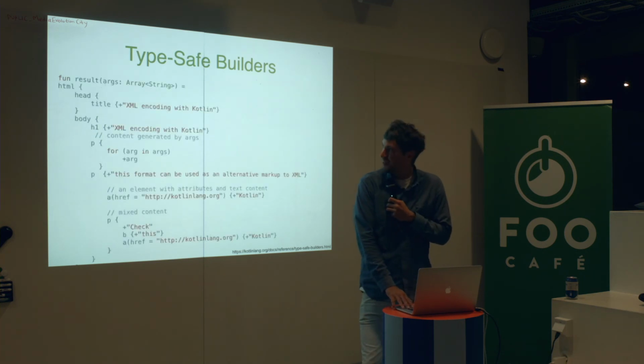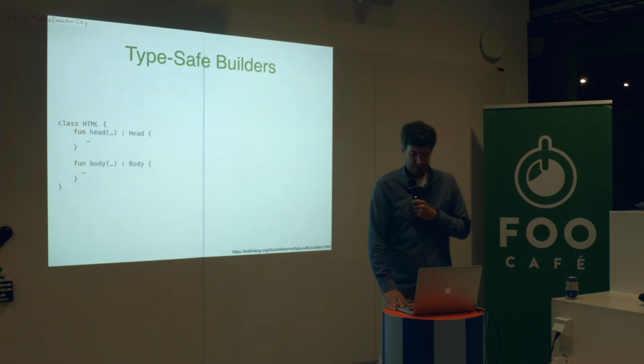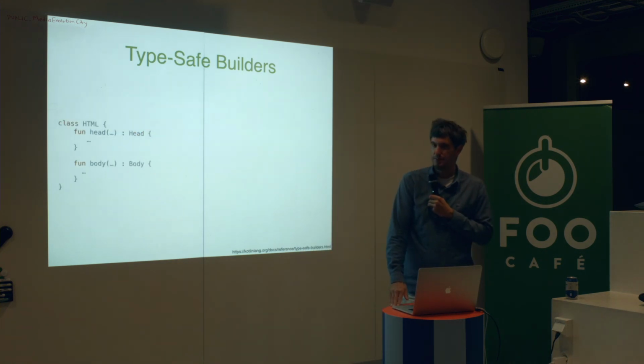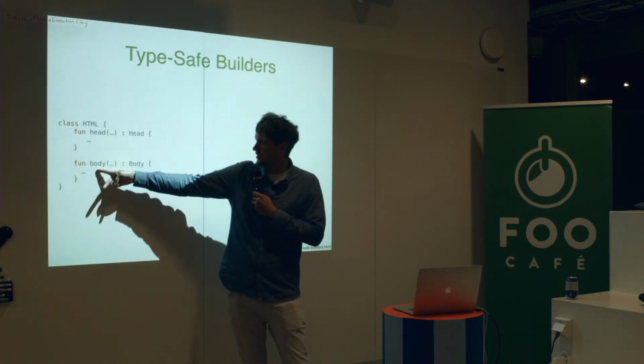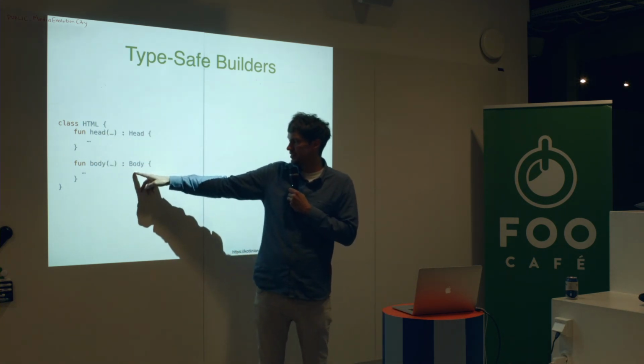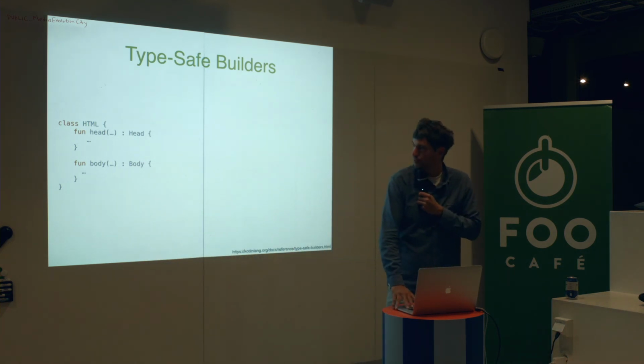Okay, so here you can see that we start with HTML. We imagine that we have this class called HTML. It's a standard class, and it has some functions here, a head and a body. This returns the class Head. This returns the class Body. So now let's look at the